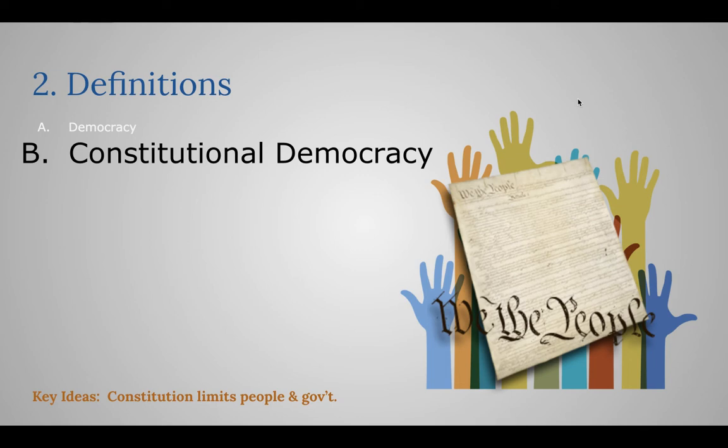Okay? What this means is the majority can't do whatever it wants because limitations are put on the majority rule in the form of rights given to all citizens. The rights that are guaranteed by the government, these rights that are written in the Constitution, particularly in the Bill of Rights. Okay, and if you think about this with the civil rights movement, for example, right, the majority rule